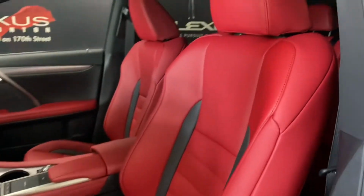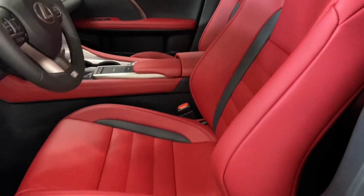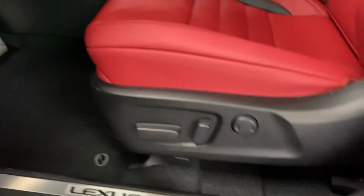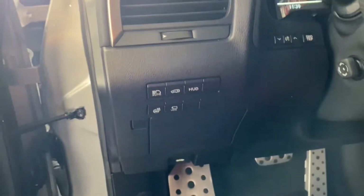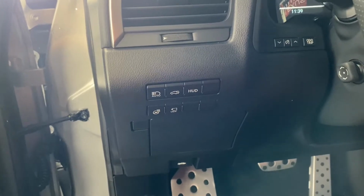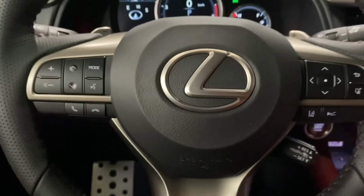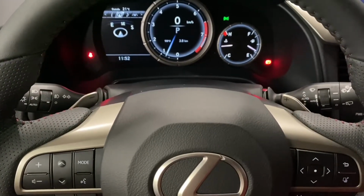You have circuit red interior throughout, and your 10-way powered front seats. On your driver's panel, you have your auto high beams, rear trunk hatch, heads-up display, heated steering, and panoramic view monitors. Your F Sport steering wheel includes your paddle shifters,